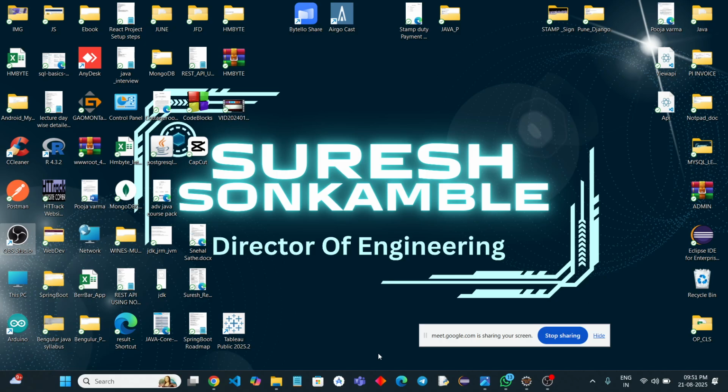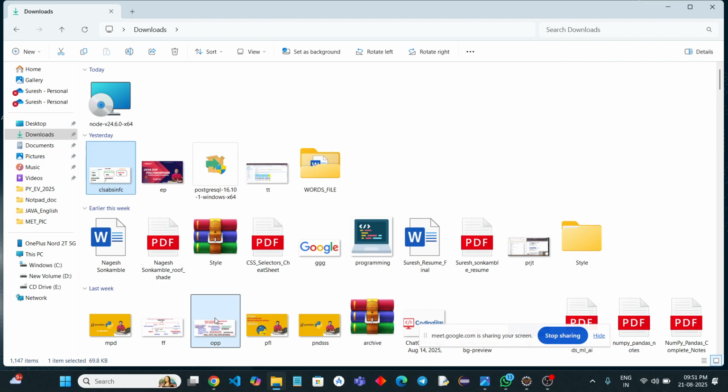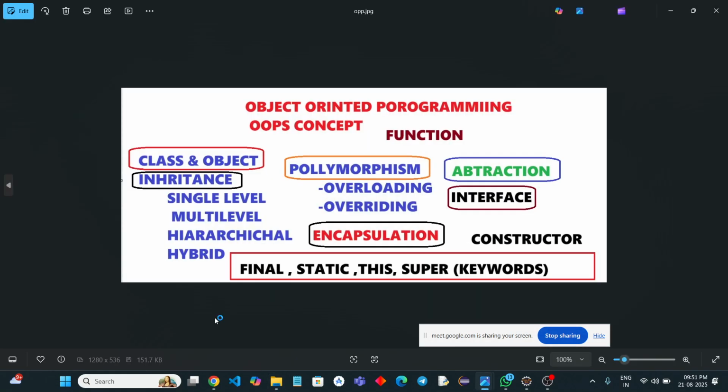Okay, good evening. So today we are going to study the one concept that is pending about object oriented concepts. We will take just 15-20 minutes today, because that is a small concept, and then from tomorrow we'll revise all the things and also go for